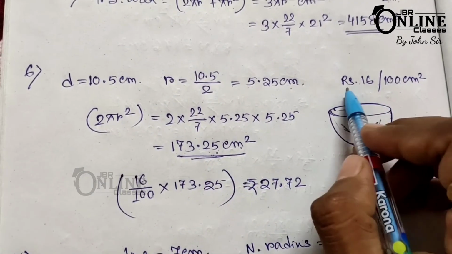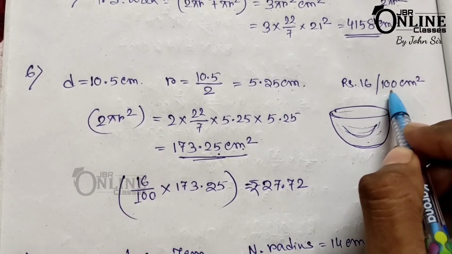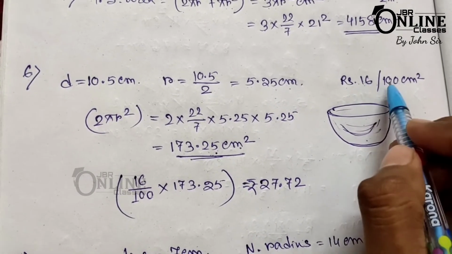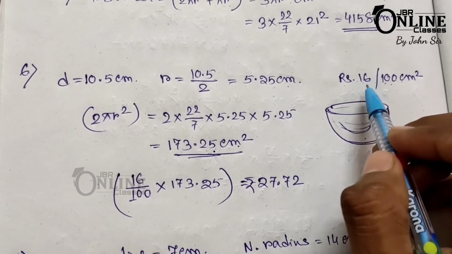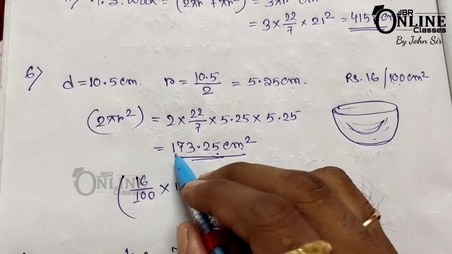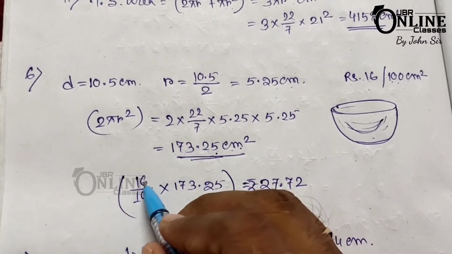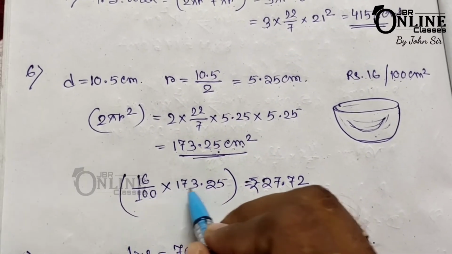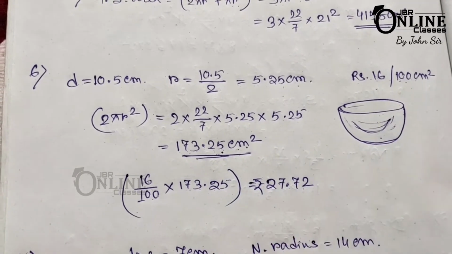Now here rupees 16 is for 100 centimeter square, then 1 centimeter square cost for 16 by 100. Okay, cost of 1 centimeter square, that equal to 16 by 100, and you have to find out cost of 173.25 centimeter square. So that equal to 16 by 100 into 173.25, and that equal to rupees 27.72 is the